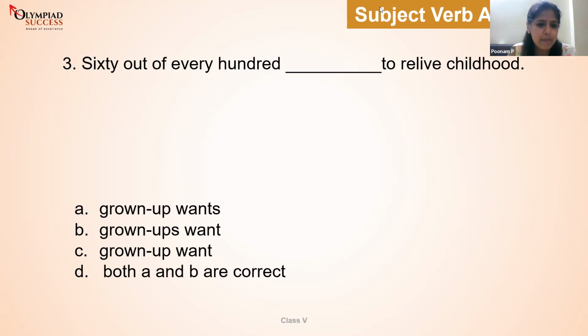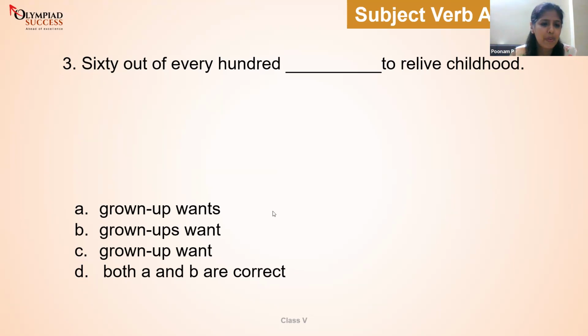The answer is D. Both A and B are correct. Children, when it comes to some sentences, considering the subject verb agreement rule, singular and plural both can be right. Of course, there are very few instances or sentences like the wise where the subject can be considered as singular and plural, both. So either of them can be right. Here, one such example is being given. Both A and B are right.